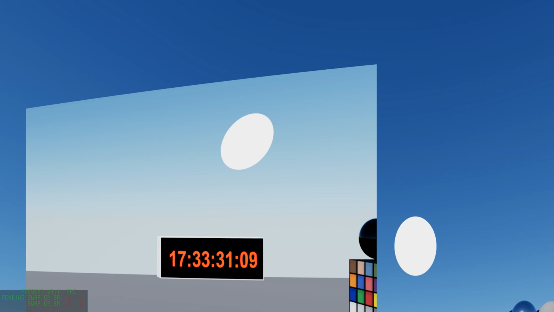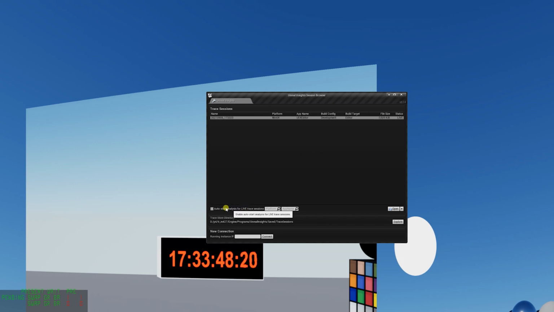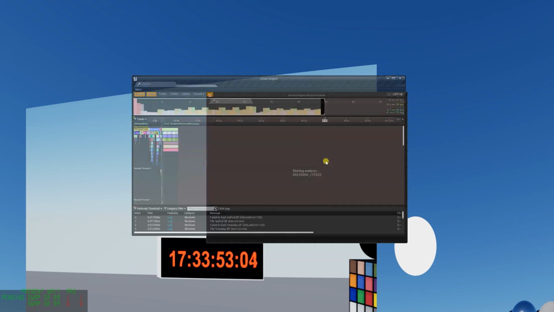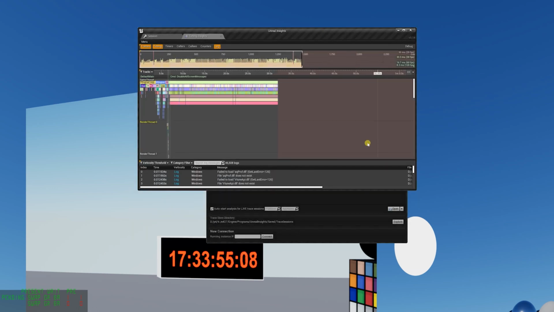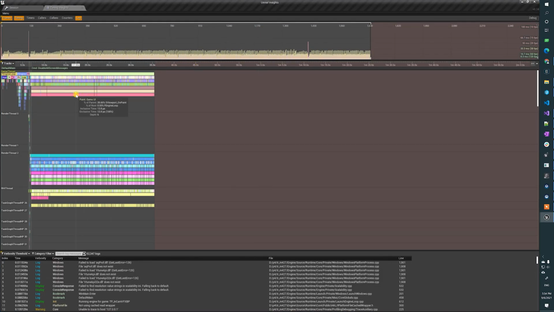You see there's already a trace that showed up. This is the nDisplay node running. You don't see the full window because I have a low resolution, so everything doesn't look super small. But here, if we go back here, you can have this auto start analysis for live trace sessions, so it'll just open it up automatically when it starts getting it. And then we can stop the node and then examine our trace.